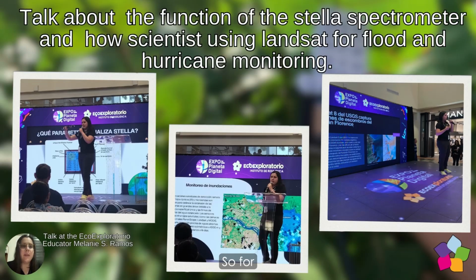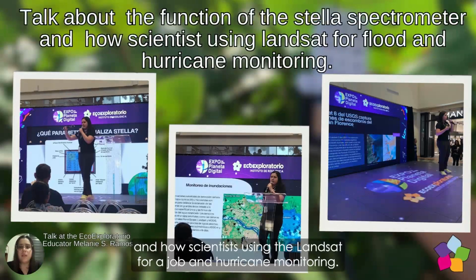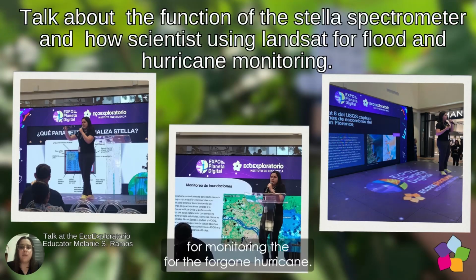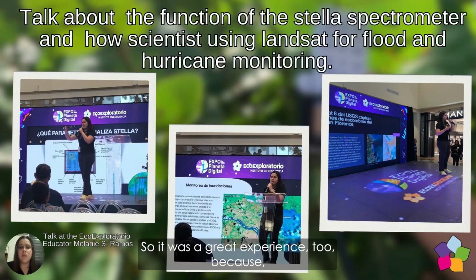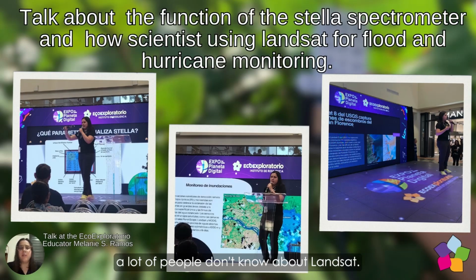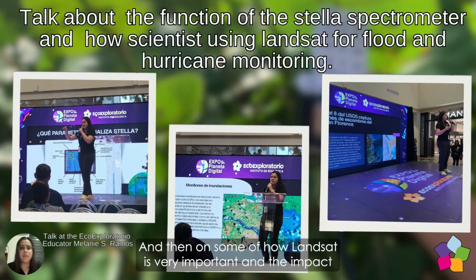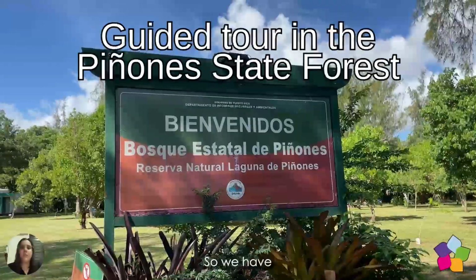In those pictures, you can see a talk about the function of the STELLA spectrometer and how scientists use Landsat for flood and hurricane monitoring. The participants learned how Landsat is used for monitoring floods and hurricanes. It was a great experience too, because a lot of people don't know about Landsat. In this presentation, they can learn more about its function, and it's very important. And the impact was great. So we have another